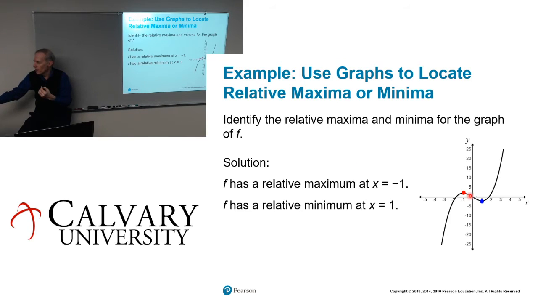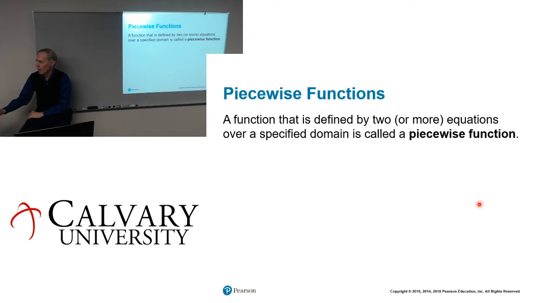So relative means just around these points right here, when x is -1, that's a relative maximum. And then just around these points a little bit to the left and to the right, that's a relative minimum. So I think also that intuitively you can look at that and see what's going on. Okay,